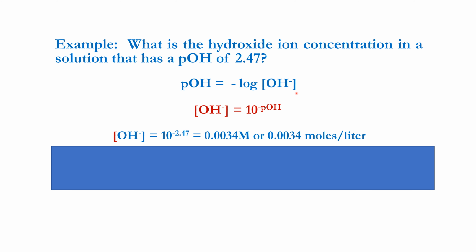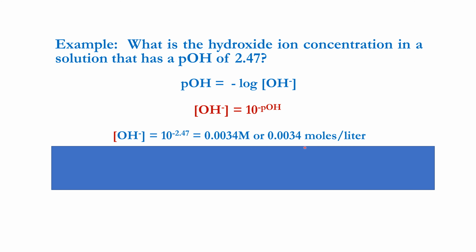But because we are asked to calculate hydroxide ion concentration, we need to make the hydroxide ion concentration the subject of this formula. So if we do that, we get that hydroxide ion concentration is equal to 10 to power minus pOH. So if we put in the value for our pOH, which is 2.47 here, if we solve this, we will get that our OH ion concentration is equal to